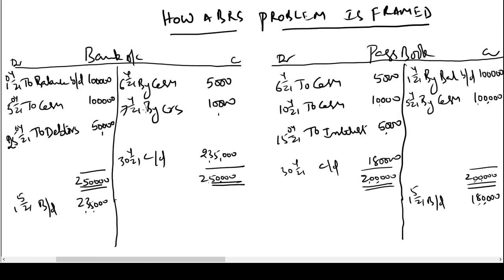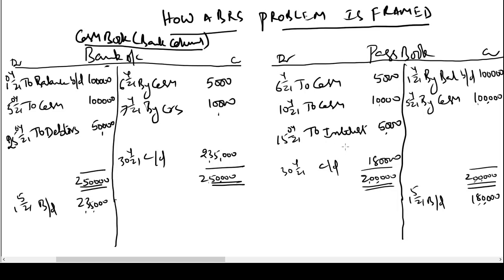Here we have the cash book. Bank account is nothing but the cash book bank column. So we take the cash book bank column, bank account in our books, for the month of April. You can see the April month cash book here. That is the bank column of the cash book, or we can say bank account, and this is the passbook.